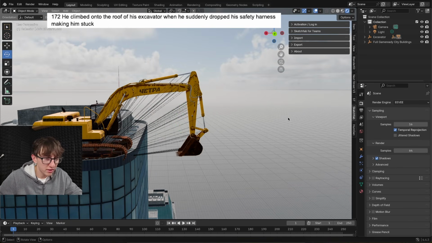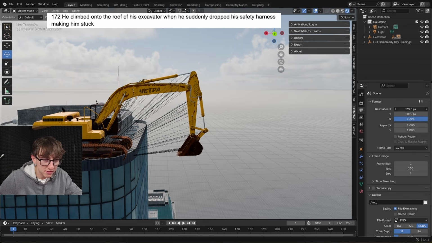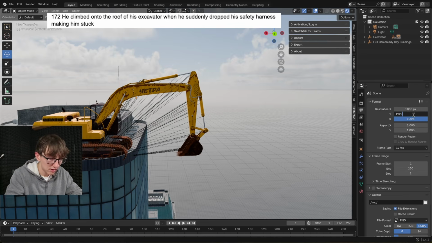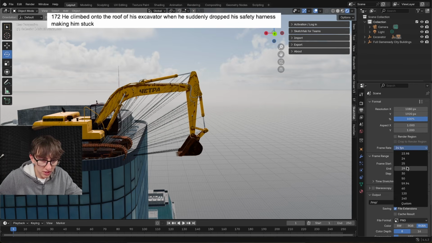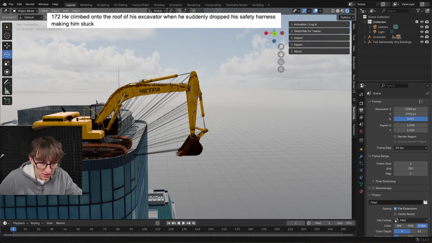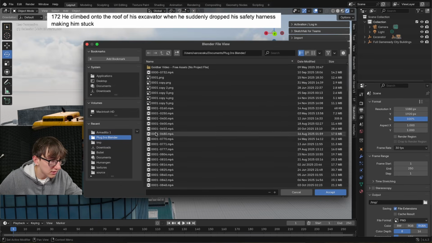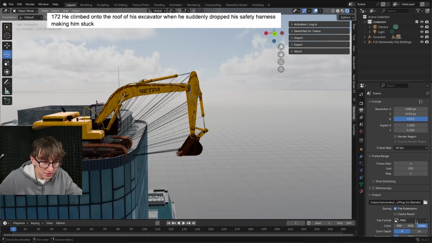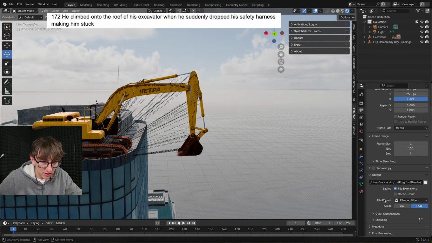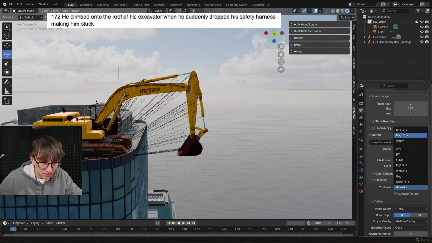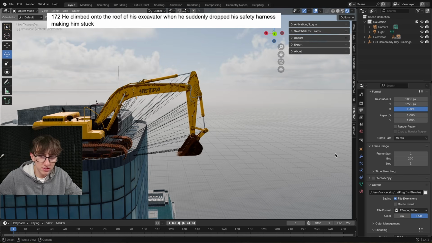But first, before I do any of this, I'm going to change my settings. So the video is going to be 1080 by 1920. Change this to 30 FPS. I'm going to move this to my plugins, and then accept. And this will be a video, so I'm going to switch this. Nice. This is perfect. And this first sequence is 172 frames long, which is about like 5 seconds,